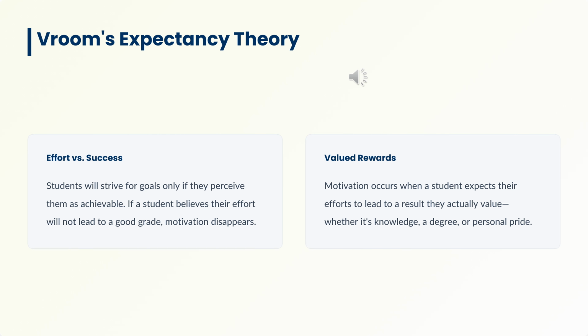Vroom's expectancy theory explains motivation through the relationship between effort, expected success, and the value of the anticipated result. Students are more likely to invest effort when they believe that their work can realistically lead to achievement, and when that achievement is itself meaningful to them. This perspective is highly relevant to pedagogy. It suggests that motivation weakens when tasks seem unattainable or when success appears irrelevant. The teacher must therefore ensure both clarity of pathway and significance of outcome.